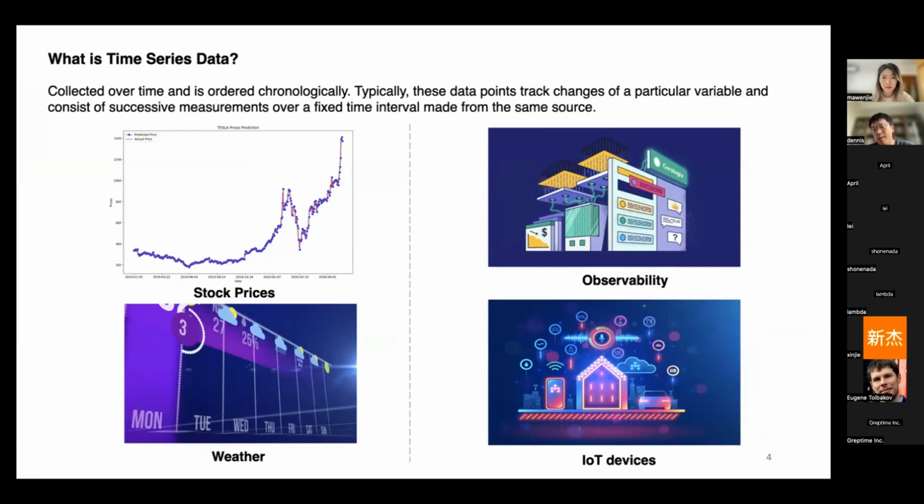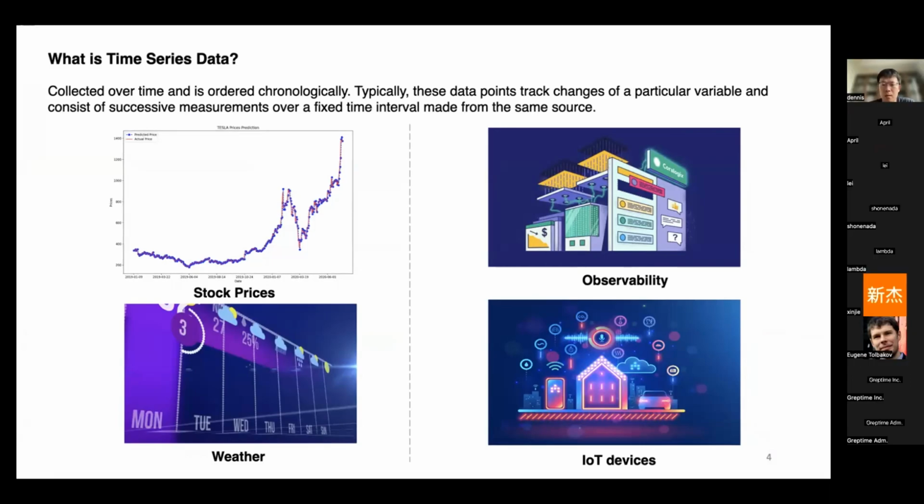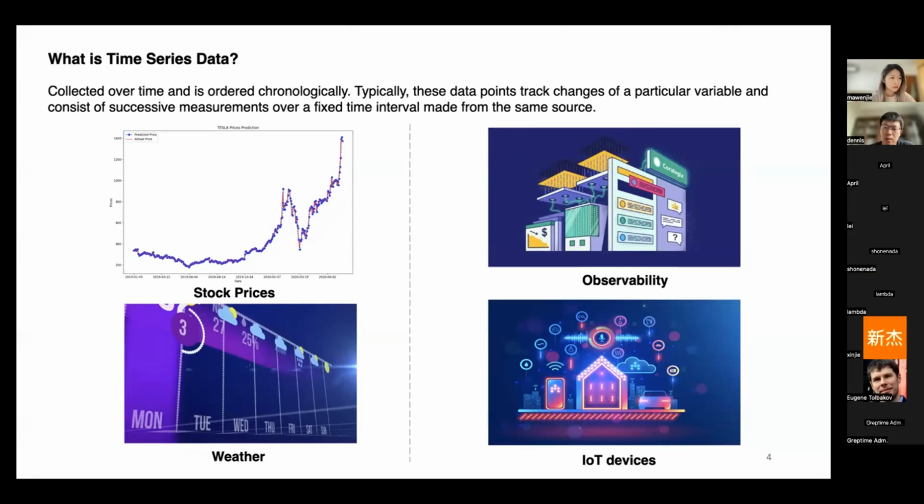The traders can quickly see the historical trend, maybe even make predictions based on a trend line. Observability is another example. It is the ability to measure a system's current state based on the data it generates, such as logs, metrics, and traces. Our team has previously successfully developed a TSDB, which handles over 100 million data points per second and requires tens of millions of data points per second for system alerting and anomaly detection.